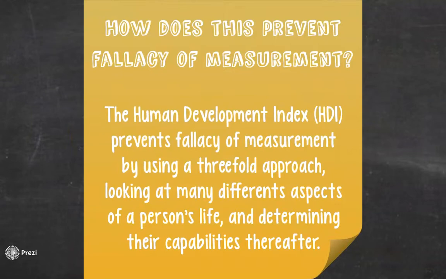So how does this prevent fallacy of measurement? Nussbaum defines fallacy of measurement as the phenomenon where people notice that a certain thing is easy to measure, and so they become convinced that this thing is the most pertinent or central thing. The capabilities approach eliminates fallacy of measurement because there is no one central numerical way to measure a person's capabilities. We must use discursive measurement in addition to quantitative measurement to evaluate a person's individual situation. Even the Human Development Index, which is one widespread way of measuring capabilities, uses a threefold approach to identify different causes of capability deficiency, such as gender or race.